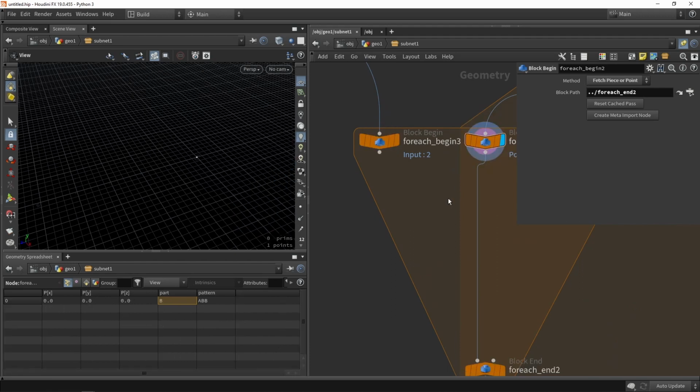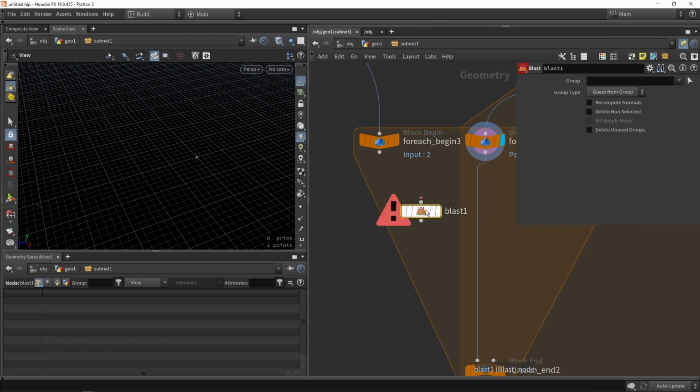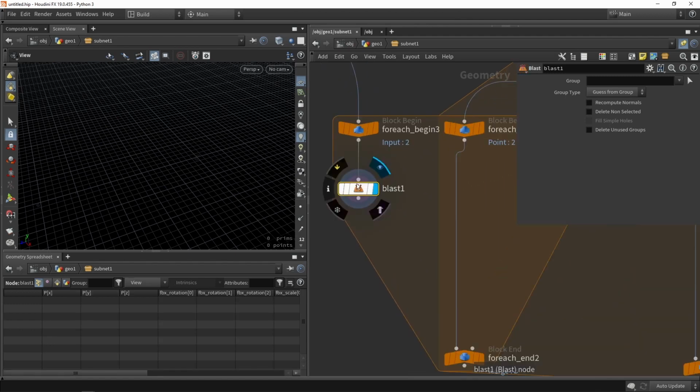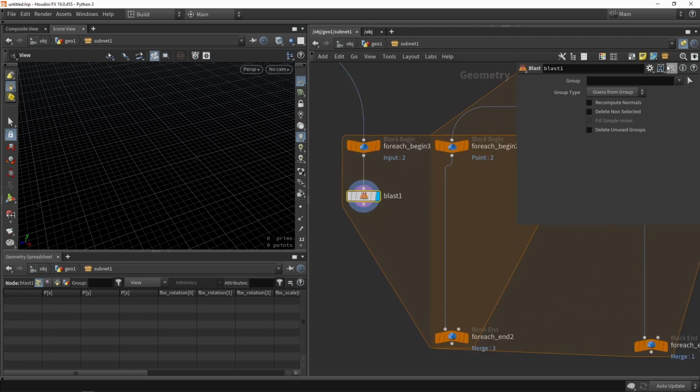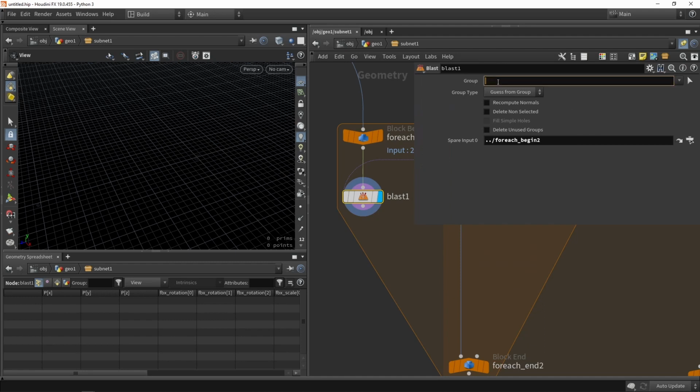So in here, what can we do, for example, is we can just blast away the things we don't need. So again, I want to blast away from this part, and I need information of this part. So I will do a spare input, and I will connect these nodes with that small line here. So now I can type a logic to define what to delete. So what I will say is look at the attribute, which is called pieces. And then if this is equal, I have to use the tilde key. So if this is equal to the point